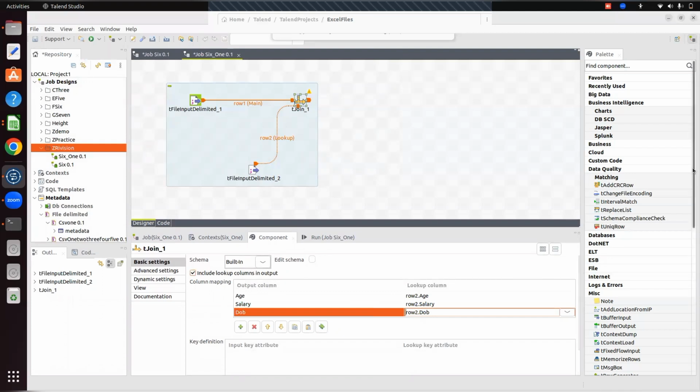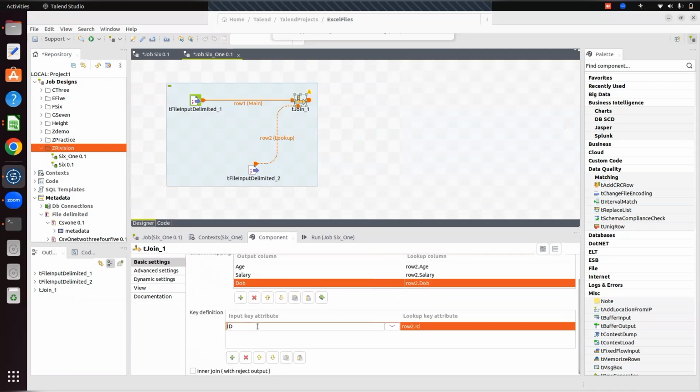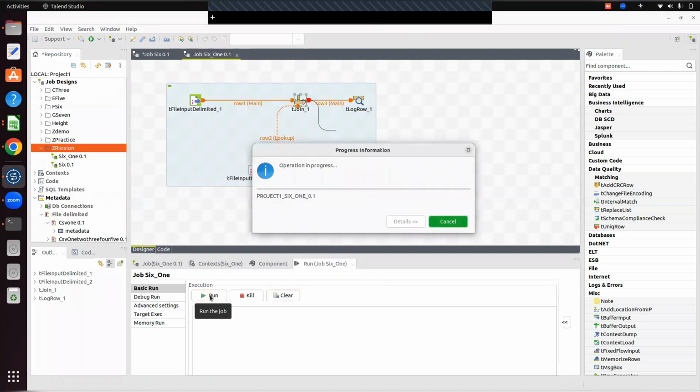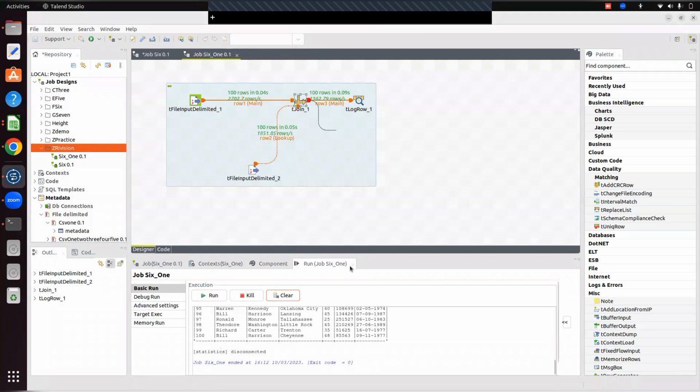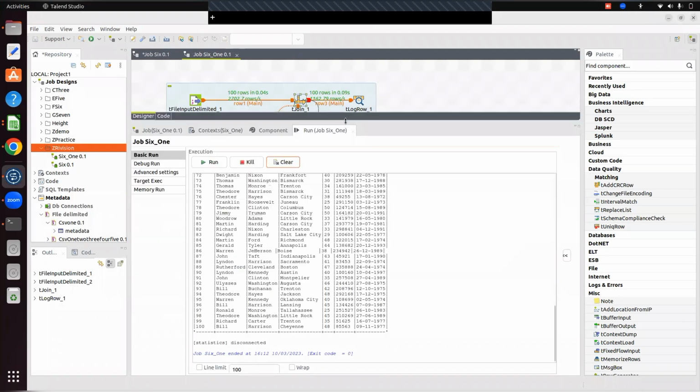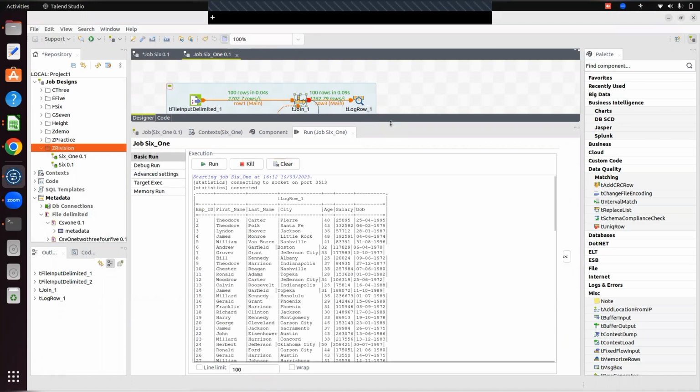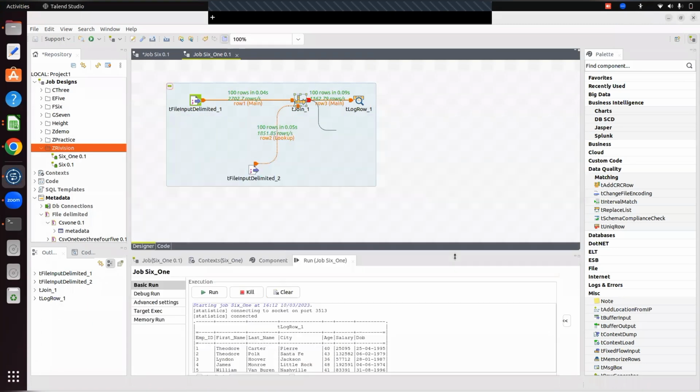This is the main thing. What is the common column in both the tables? ID is the common. Okay, ID and row 2 dot ID. So I will use this part. I just click on run. So under the hood the join will happen. Join happened, and now